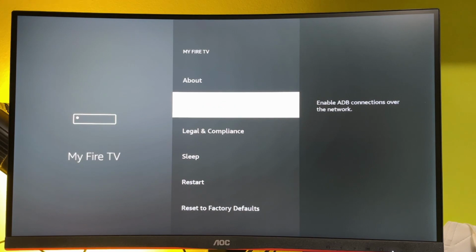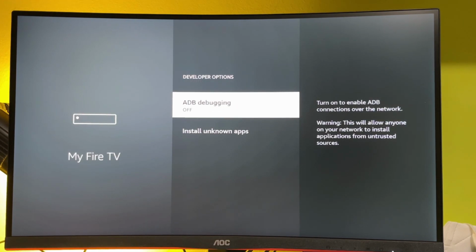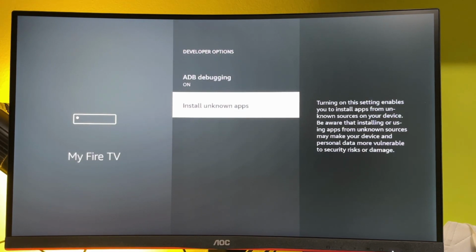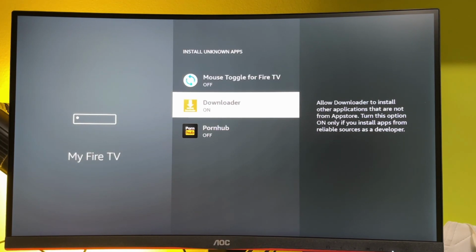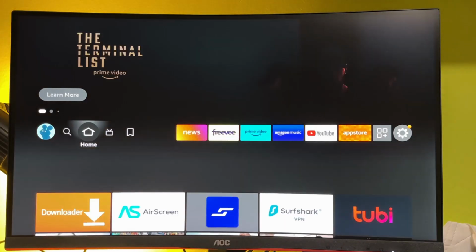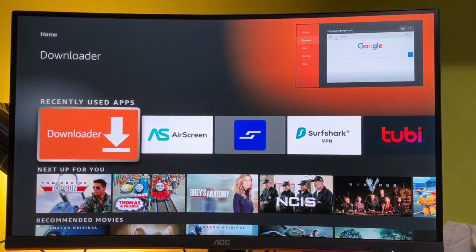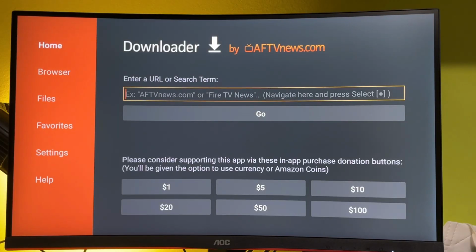So go to developer options, make sure to turn on the ADB debugging. Then we go to install unknown apps and make sure to enable that option for the Downloader. By doing so, you will allow it to install any application from the internet, not necessarily from the Amazon App Store only. After that, we can finally go to Downloader, select home here on the left side menu, and here